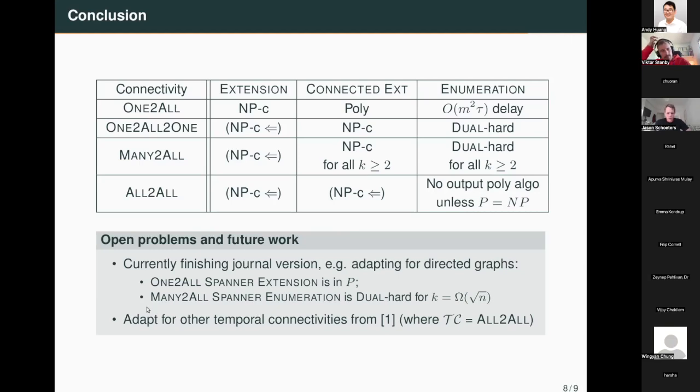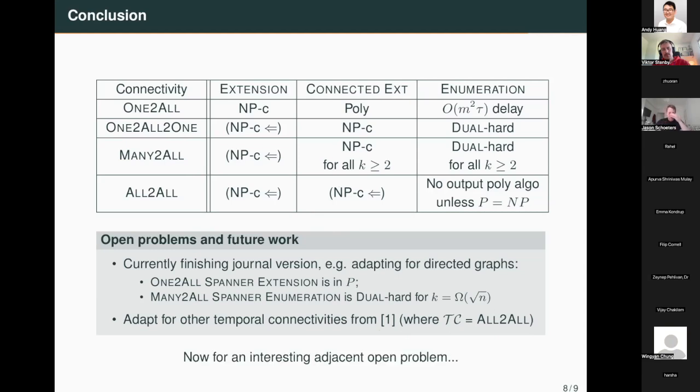And then, another future work which could be interesting: there are many other temporal connectivities, all listed in some kind of nice hierarchy online. And for example, the TC, which they use in this hierarchy, actually corresponds to all that we used here. And they also have 1-all. They don't have these two, I believe, but they're very natural as well, I find. So yeah, there's still some open work or future work which may be interesting.